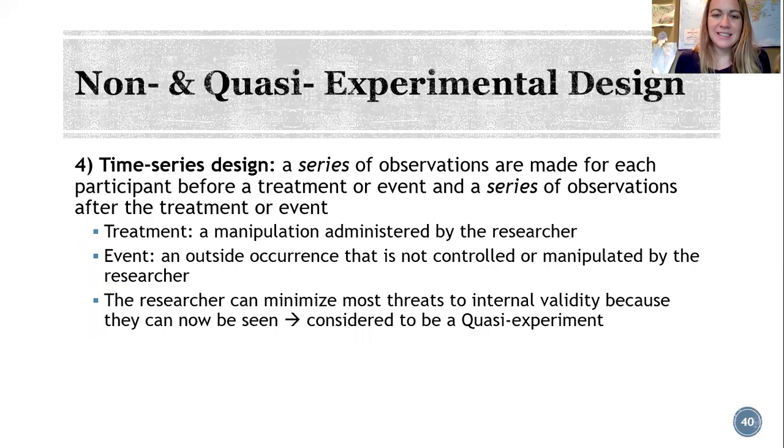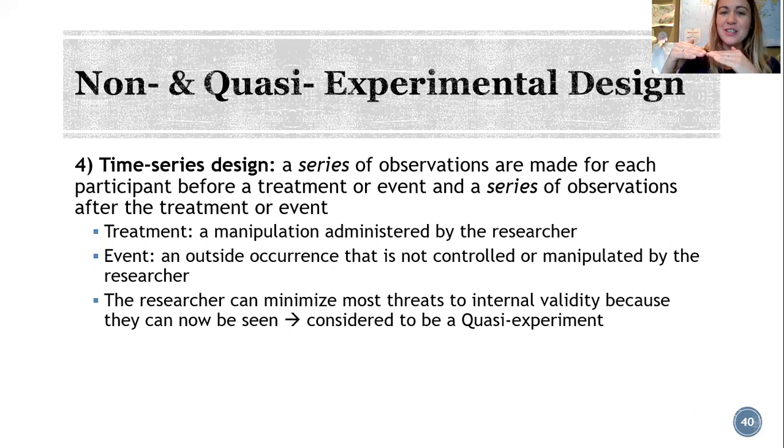So in a time series design, we're only testing one group of people. It's kind of like a pre-test, post-test idea. But rather than just testing them once in September and once in June, we make a series of observations before the intervention and a series of observations after the intervention. And the goal here is that we can look to see how the data is trending before,